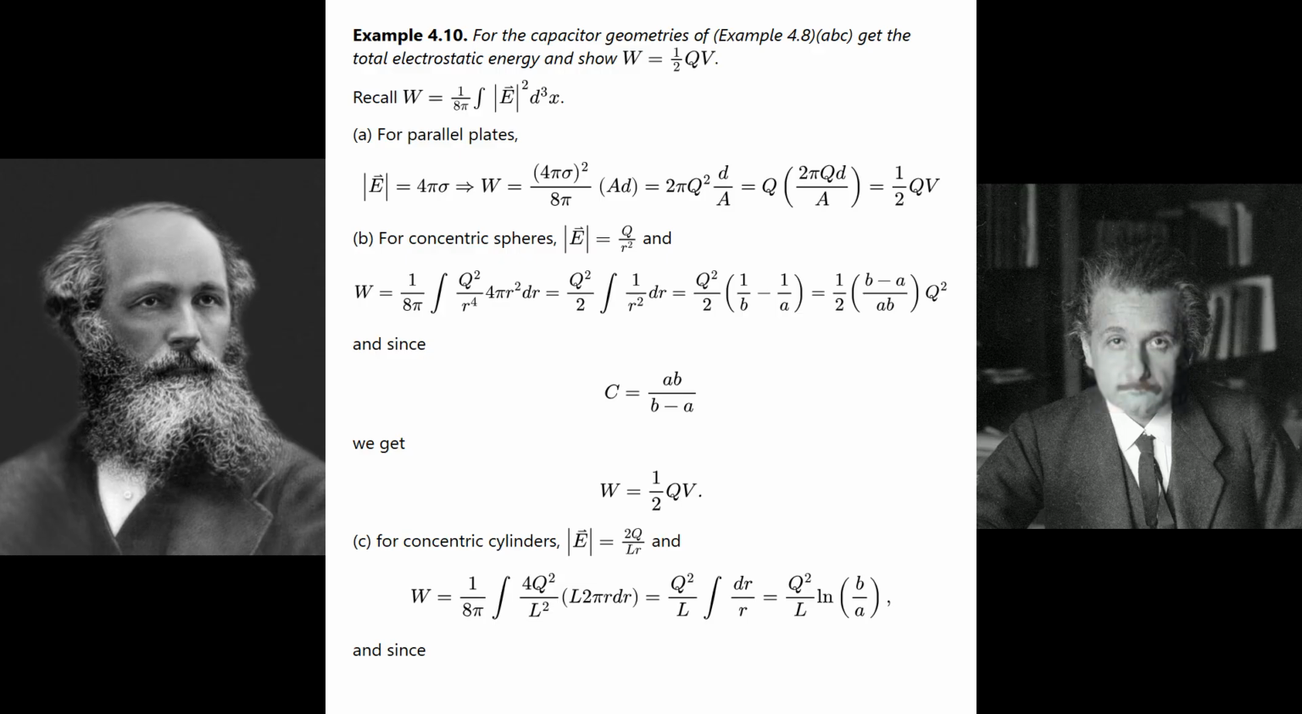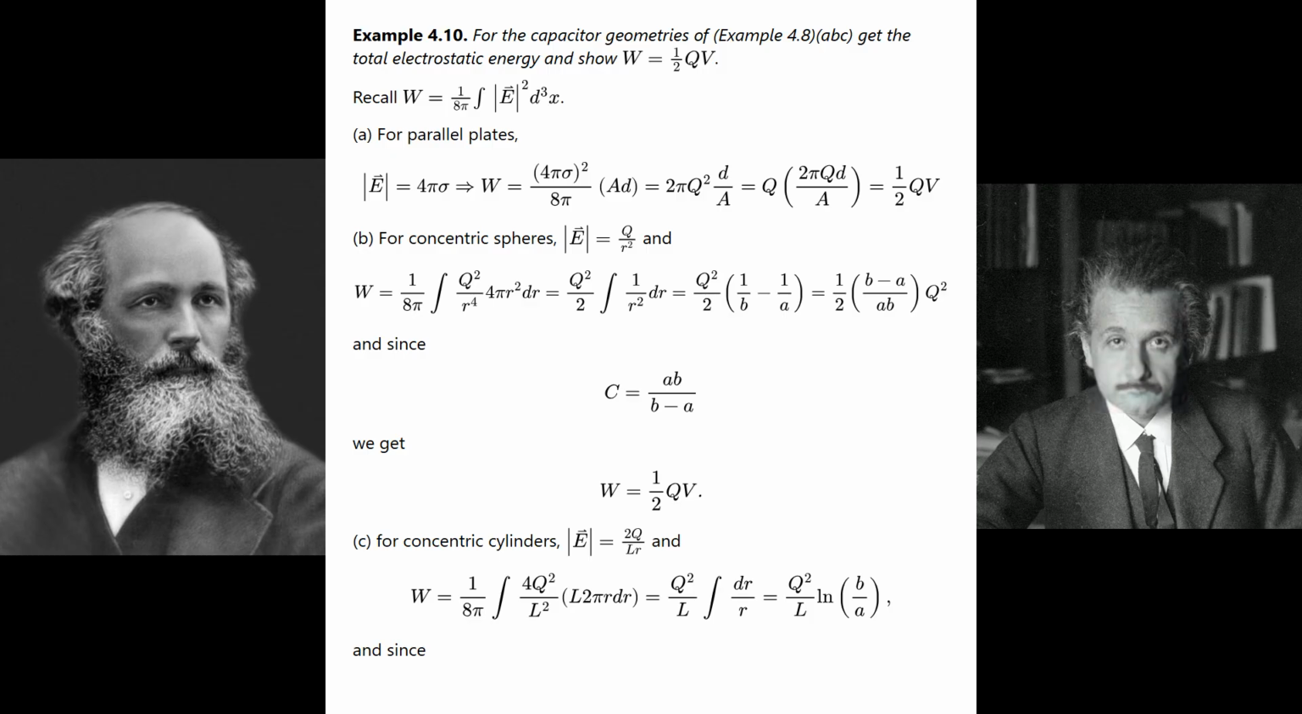Example 4.10. For the capacitor geometries of Example 4.8, A, B, C, get the total electrostatic energy and show W equals 1/2 QV. Recall W equals 1 over 8 pi times the integral of the absolute value of E squared d cubed x. A. For parallel plates, see the equation shown. B. For concentric spheres, the absolute value of E equals Q over r squared and, see the next equation. And since, see the equation shown, we get